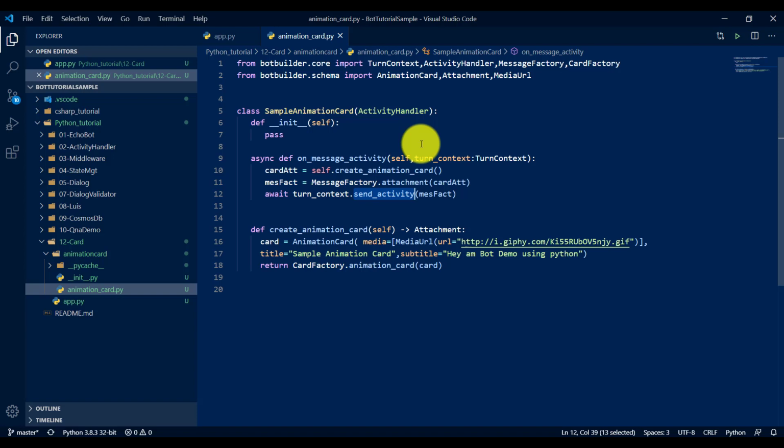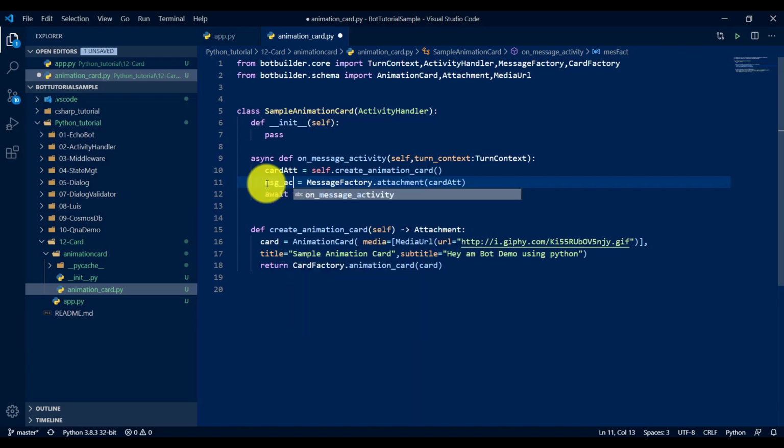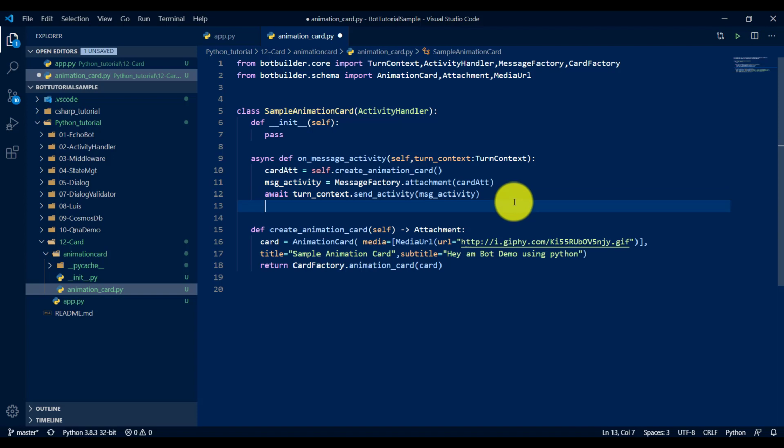It's not a big correction or a logical mistake, just changing a variable name. While writing code, make sure you follow naming conventions clearly. This is an activity, so instead of calling it message factory, I make it an activity object named msg activity. Just replace it. So, naming convention.